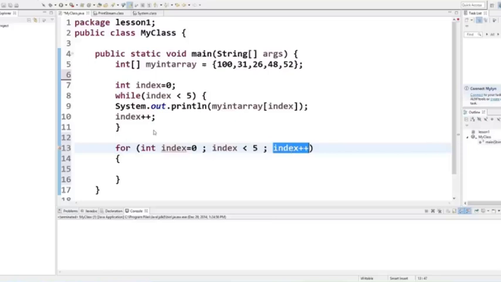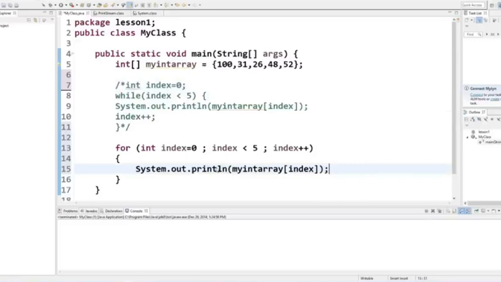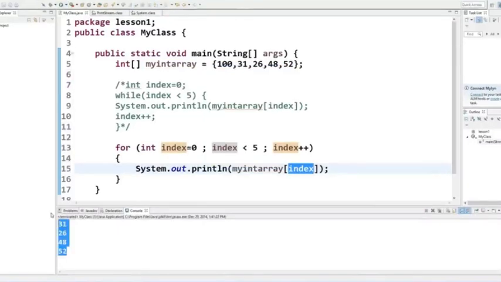Okay, so in this way you have more control over your code. Okay, and then you can just print the value of your array one by one based upon the index. So I will run the program and it prints all the values in the array, which is 100,